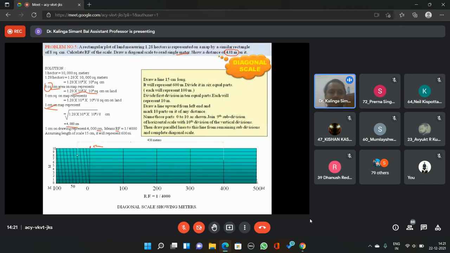So this is the way how we represent a bigger land area, the area, into its dimension. Our main objective is to convert the whole thing into one simple scale unit, the scale with which I have to draw the diagram, that is cm scale. Convert the area into cm scale. Once we have done that one, draw the scales according to the divisions, subdivide it, and then raise the diagonals on the left hand side of the 0, and then start to measure the distances.